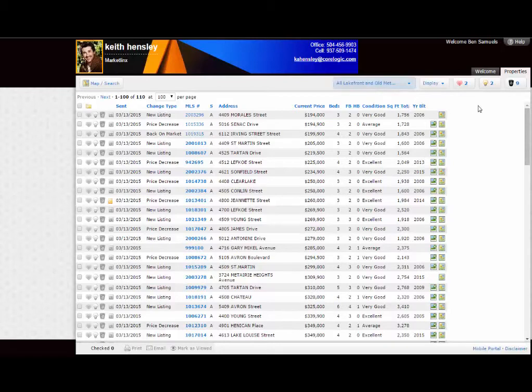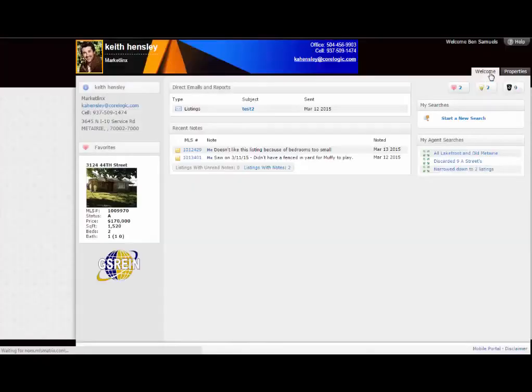Now one last example, I do want to mention that there is a help tab up here, that if your client clicks on the help tab, it will also have some instructions and another little video for them to watch. But there's also another tab up here called a welcome tab. They go back to the welcome tab. This is where you can see some stuff that you've done. It'll scroll through all of the favorites that they've got. You can see all the notes that either me or them have saved for them. You can see the 3 searches that I've done for them here,